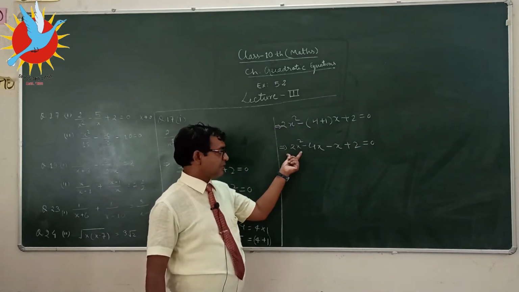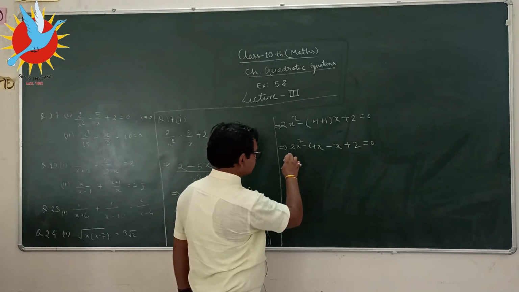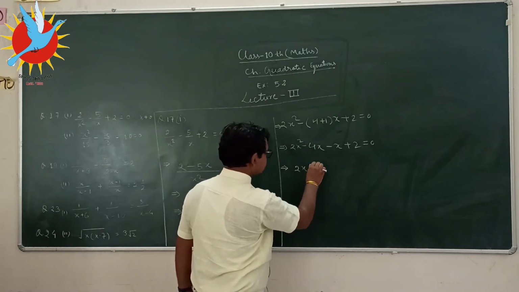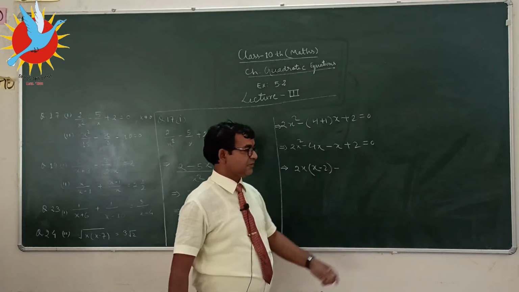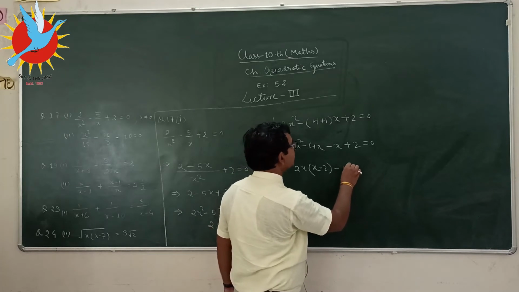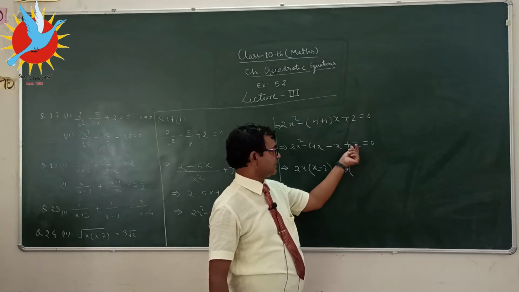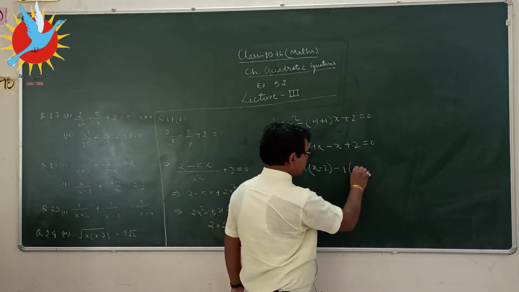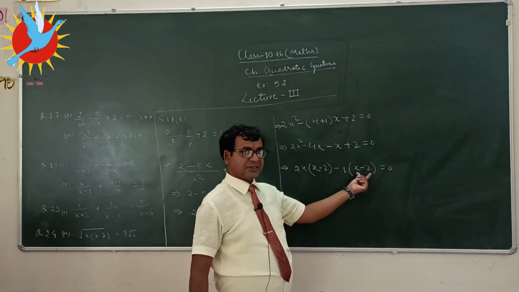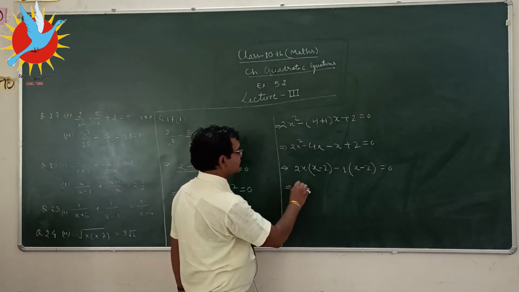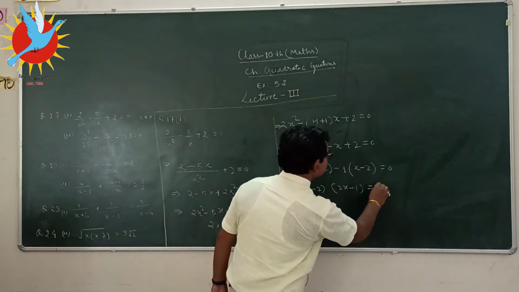Now we have to find the common factor from the first two terms and the next two terms. Common from the first two terms will be 2x. We have here x and 2, that is 2x times x minus 2. There is no common factor in the other two terms other than 1, so we have to take common 1 with minus sign, this will become plus here and this plus sign becomes minus, so this can be x minus 2 equal to 0. Now x minus 2 and x minus 2 will be common. Take common x minus 2, 2x minus 1 equal to 0.